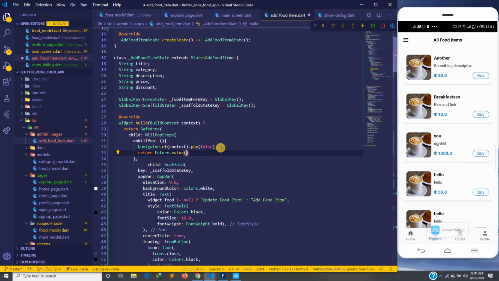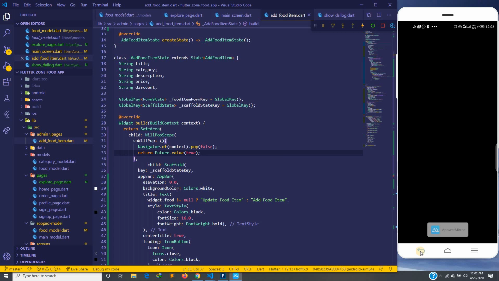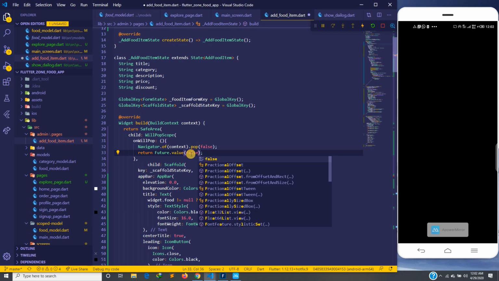So return the value and then we can return false, or I think true, sorry. I think true means it should pop. Yep, I don't really remember, but let's just see. And then click back, and we crash the app. Okay, let's turn it to false and then save it and refresh the whole app again. I don't know what happens, but